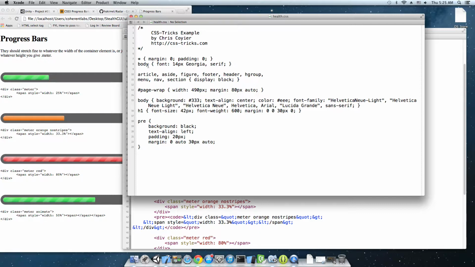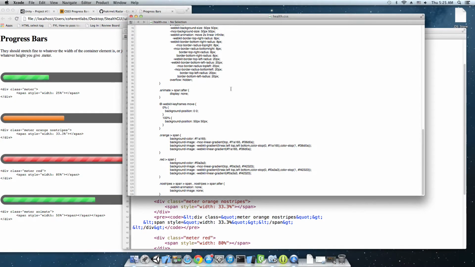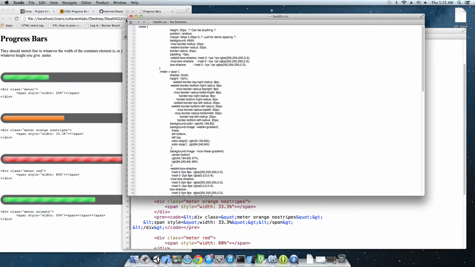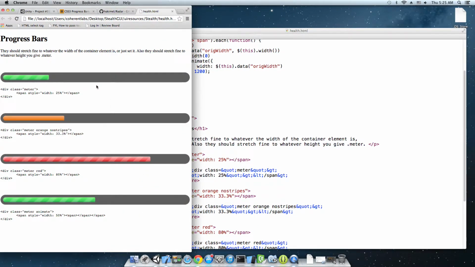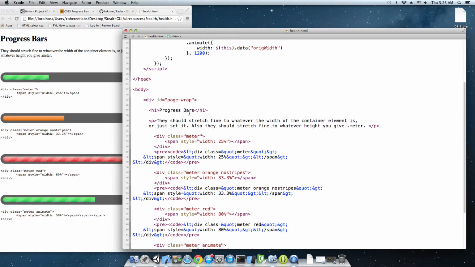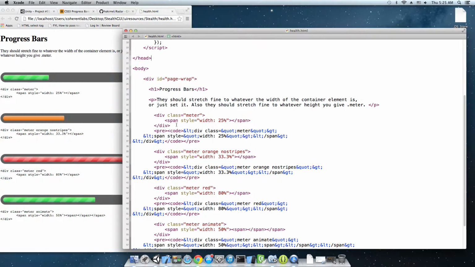As you can see, these are just some CSS rules for the body, for h1 and pre. We don't need all of these. Actually, we don't need any of this, so I'm just going to delete that and add the styles that were inline. So let's see what we got. We have the same thing. That's great. So I like this progress bar, so I'm just going to leave that. And that's this meter. So I'm going to delete everything else,